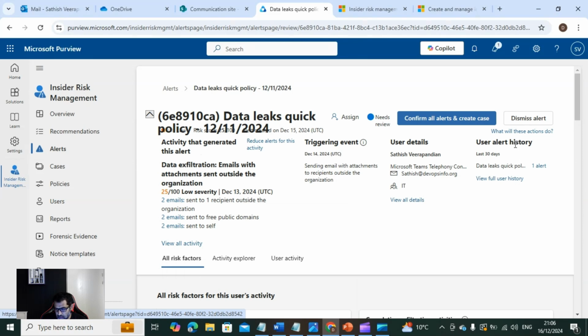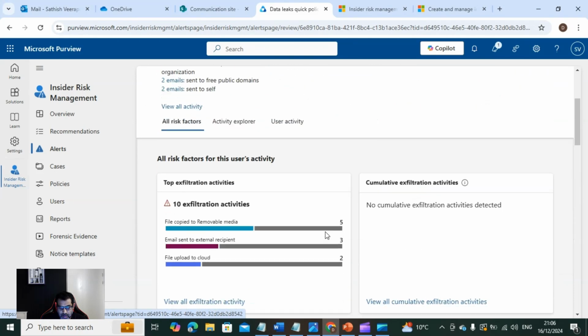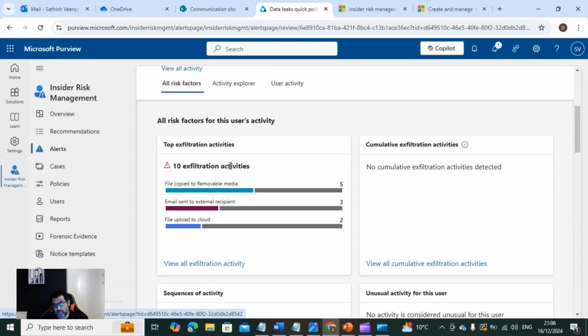So the user alert: confirm all alerts and create a case. The moment you click, it will do that. But before that, I will show you what data exfiltration activities happened: two emails sent to one recipient outside the organization, two emails sent to free public domains, and two emails sent to self. And if you scroll down, these are the top 10 data exfiltration activities for this